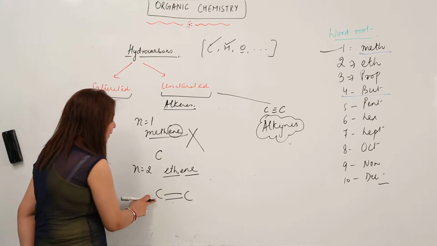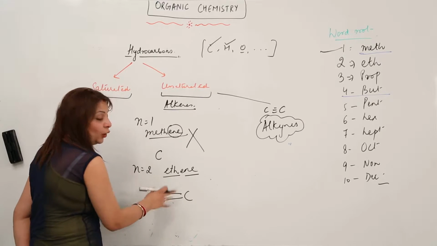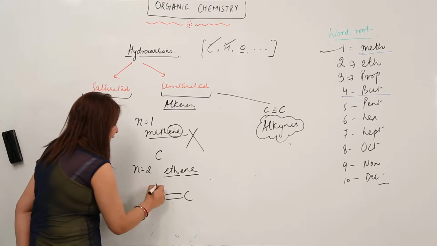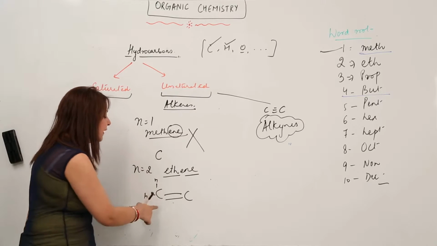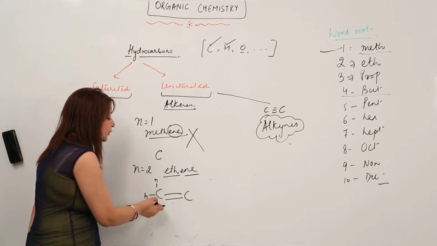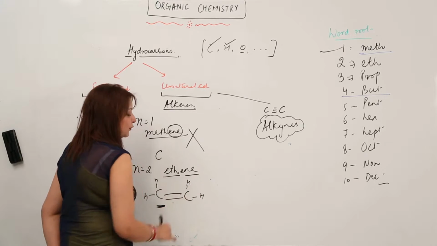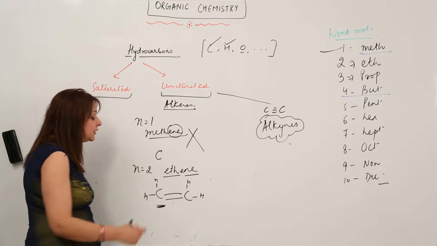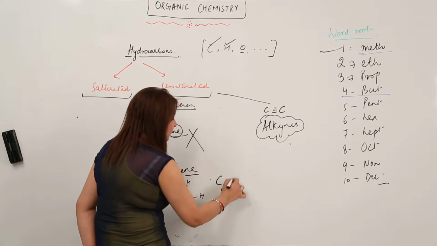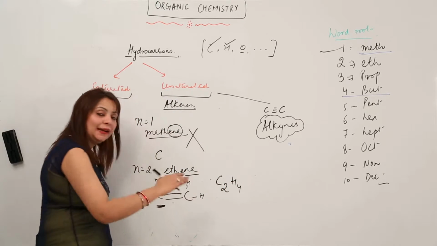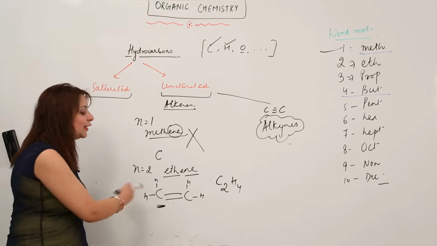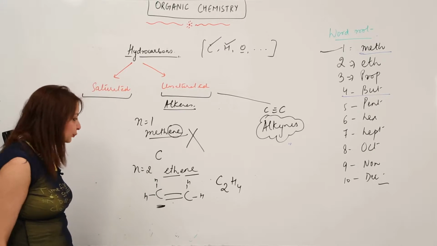So now how many valencies are unsatisfied? 2 are already done, we are left with 2. So I am just putting 2 hydrogens to satisfy the tetravalency of this carbon, right? Similarly in this case we'll be putting 2 hydrogens. So this is the open formula for it. Now when we'll be condensing, I'll be just calculating the C's and H's along with it, right? So I think it's simple, you can make the ethene now.